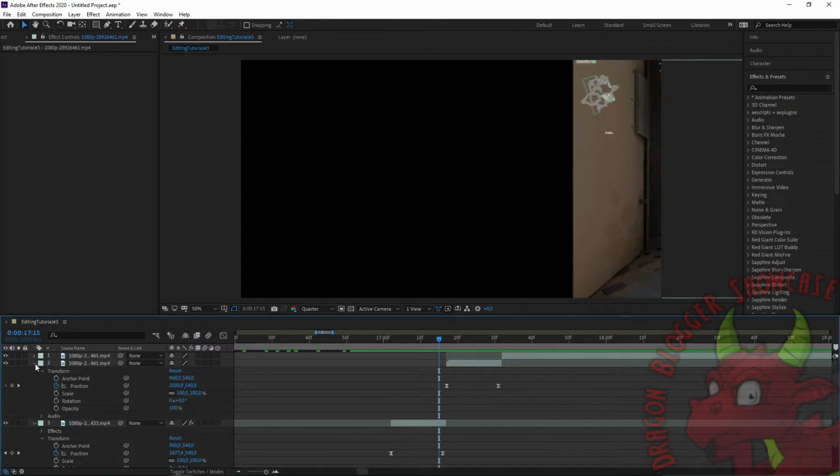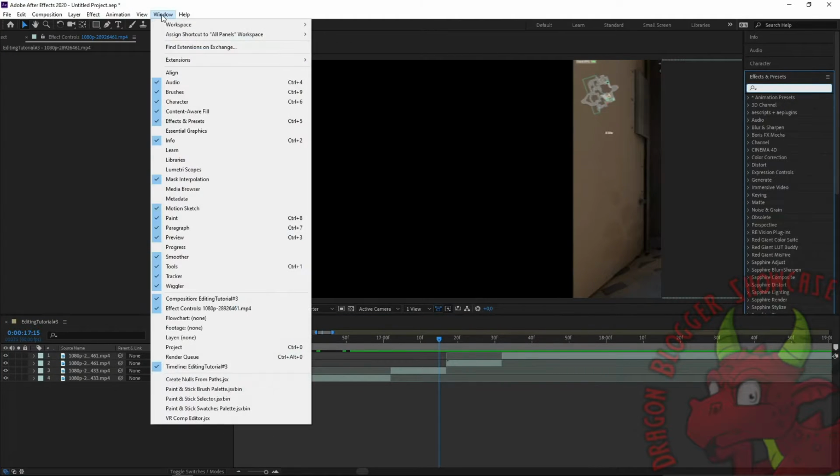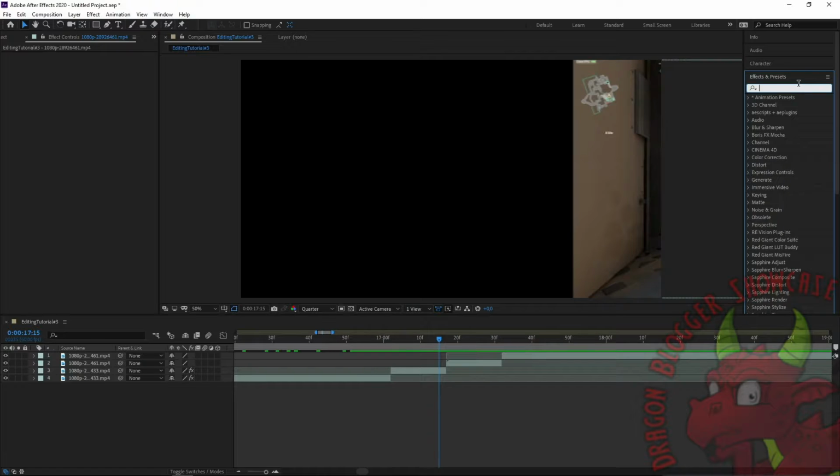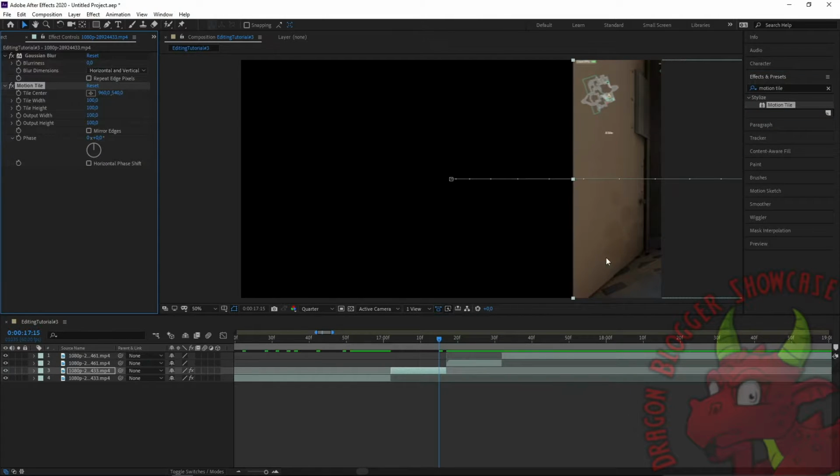There's also a bunch of different transitions you can do that I'll go over in a bit. Now we're going to go into effects and presets. Remember, if you can't see this window, you go under window and press effects and presets, or press Ctrl 5. When under effects and presets, we're going to search for a basic plugin called Motion Tile. You're going to type Motion Tile. Now this is going to be under stylize, and you simply want to drag the motion tile onto the first